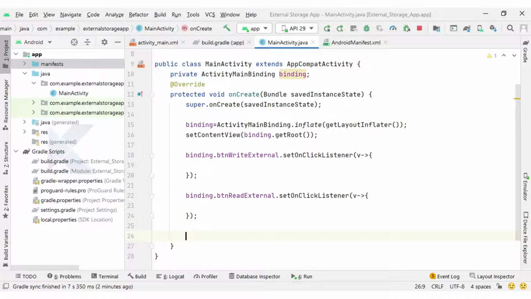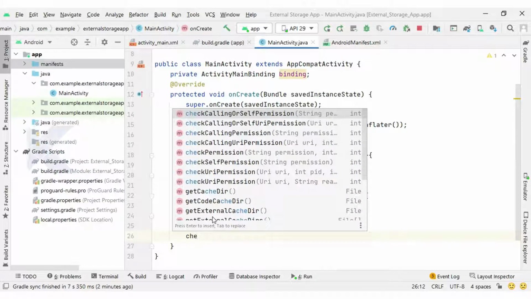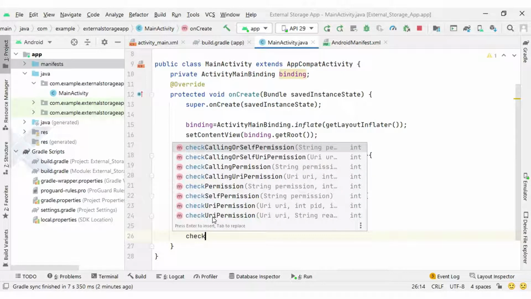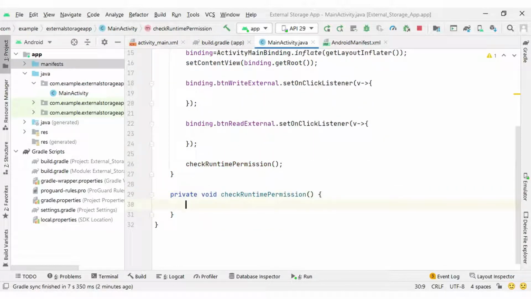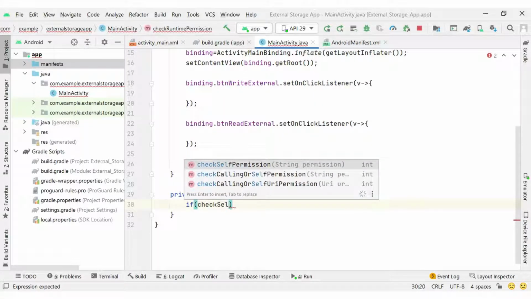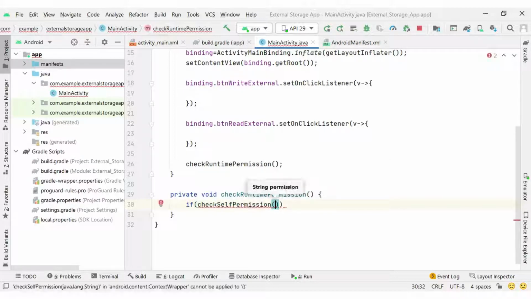Here let me write code to check the permission at runtime. I'm going to create one method, checkRuntimePermission, and inside this method I will write code for checking the permission and requesting it at runtime. First of all, confirm whether the permission is allowed or denied. For that I can write checkSelfPermission, and inside this method we need to pass the permission we want to confirm.